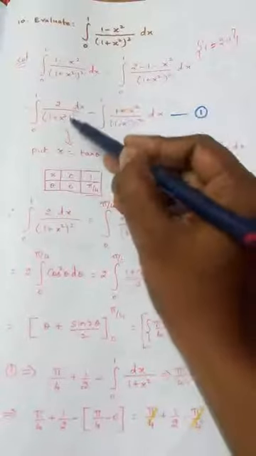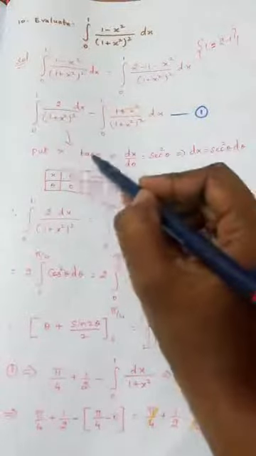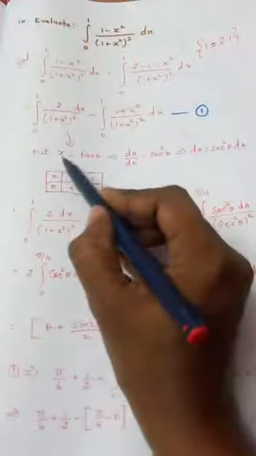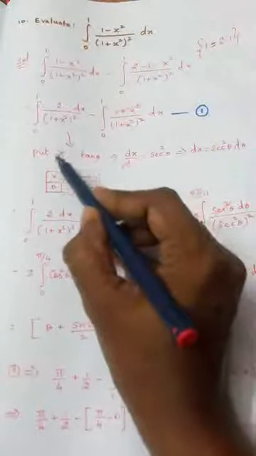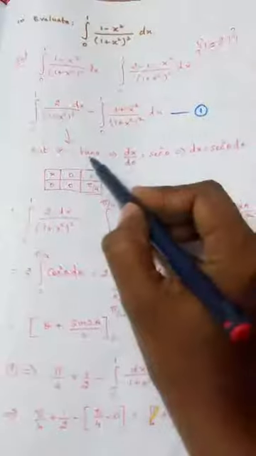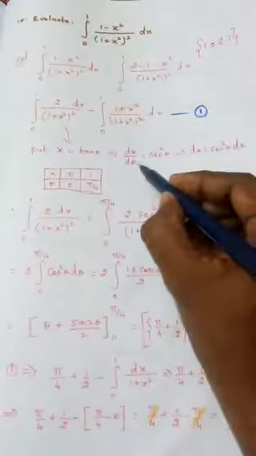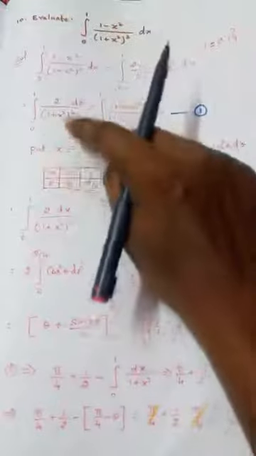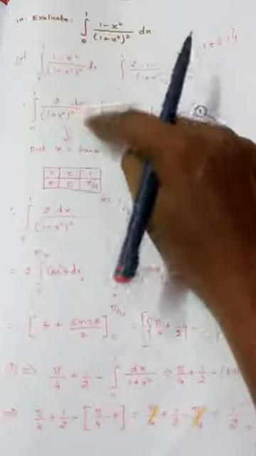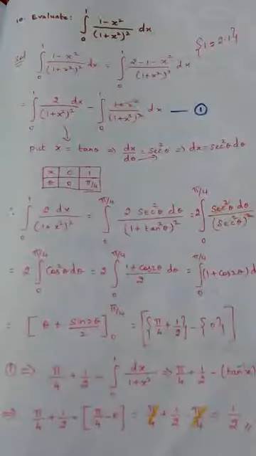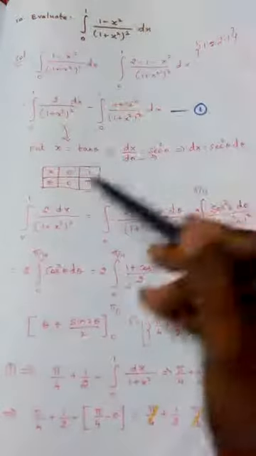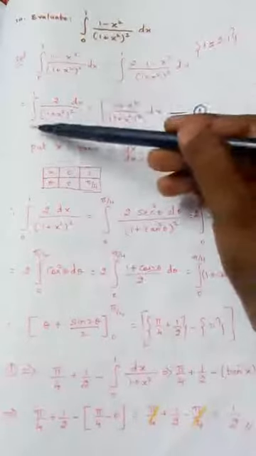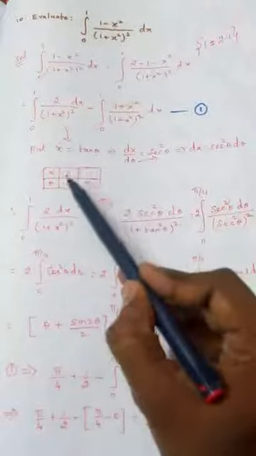For doing this integration, I am using the substitution x is equal to tan theta. So in place of this x, I am going to put tan theta, differentiating this with respect to theta. So dx by d theta becomes secant square theta, cross multiplying, you will be getting this. Now this integration is in terms of x, and we are converting that in terms of theta. X is converted into theta, so the limit also should be converted from x to theta. What is the limit of x? 0 to 1.